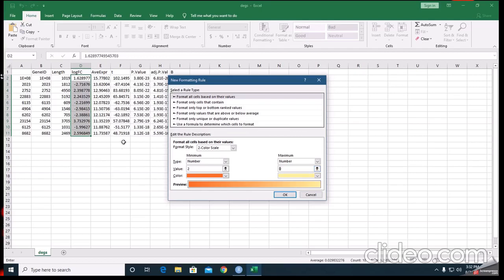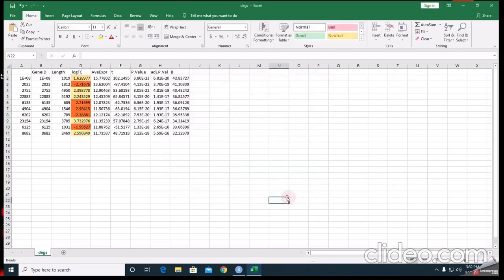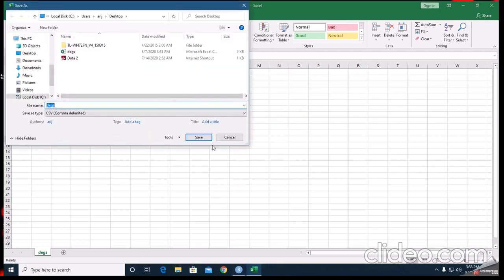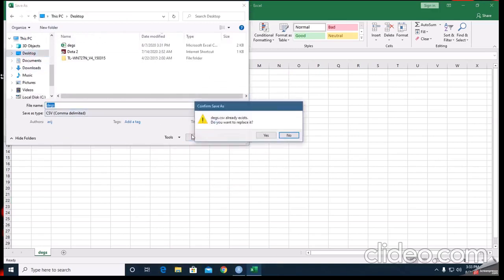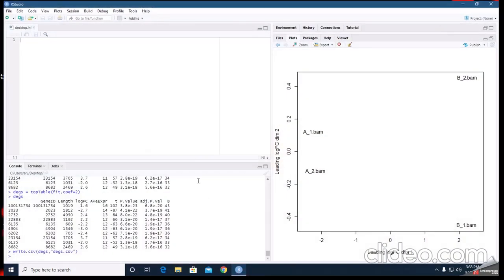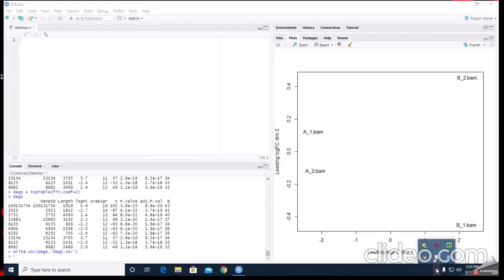So I take the minimum number as -1 and the maximum number as 2. See this. In these 10 genes, 5 are upregulated and 5 are downregulated. Okay. See this, and I am hopeful that you all will enjoy this lecture.